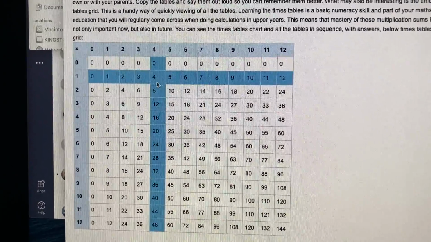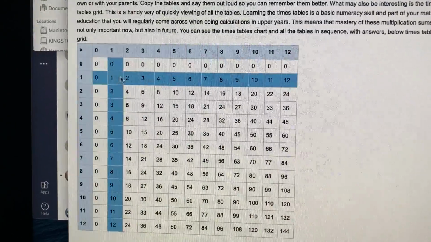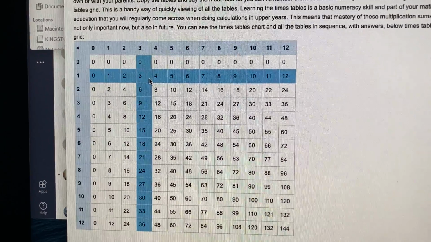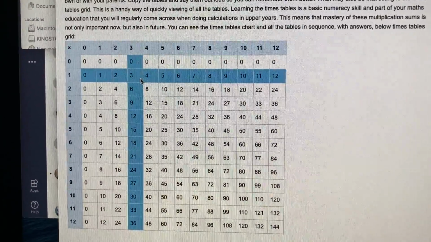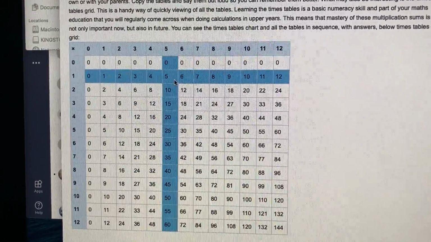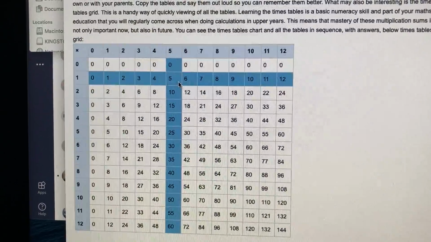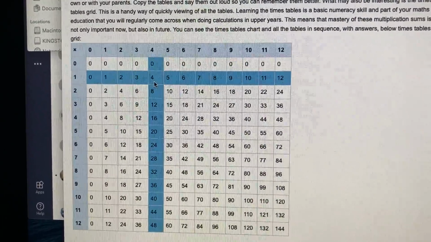So if you go back to the grey on the side here, you can see 1/2 on the side, and you just go along, so you can see 3/6 of the pizza. It would still be a half because your top number is half of the bottom number. So it's half of the number of pieces that you split your whole into. Okay, and now I'm going to move on to some fractions from the